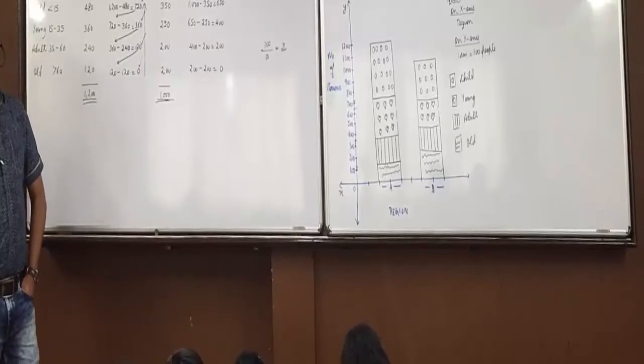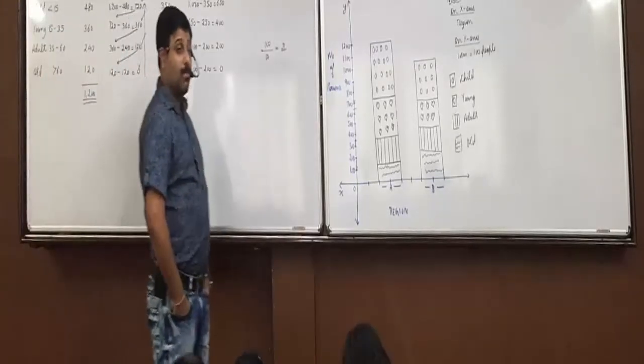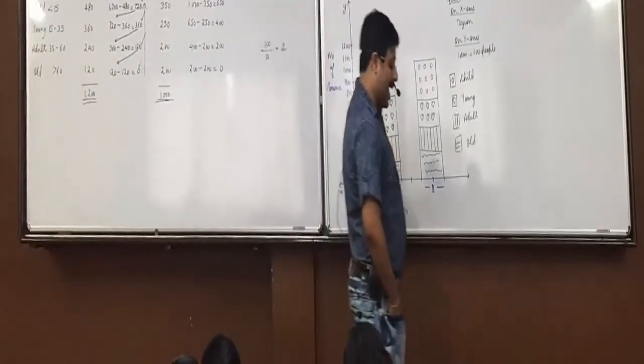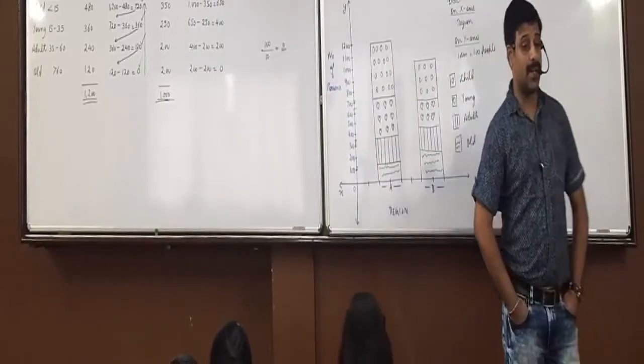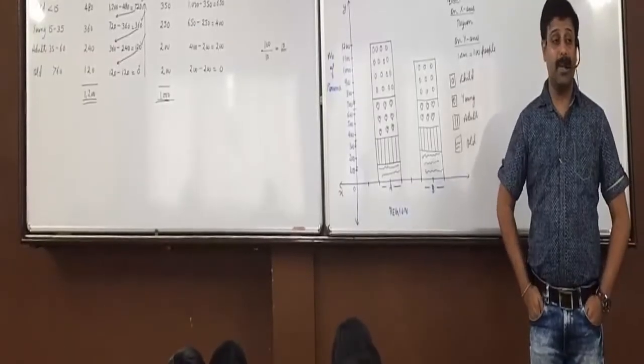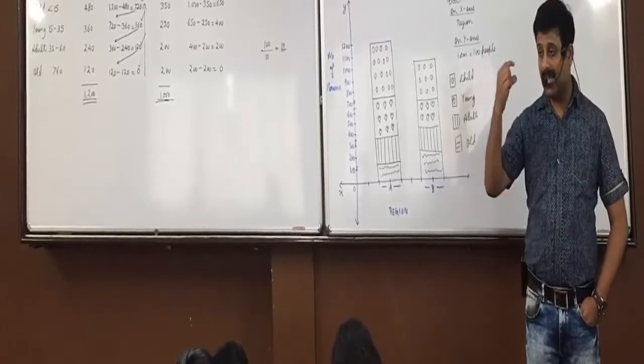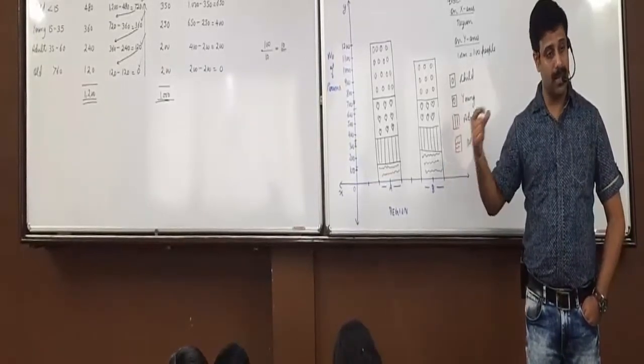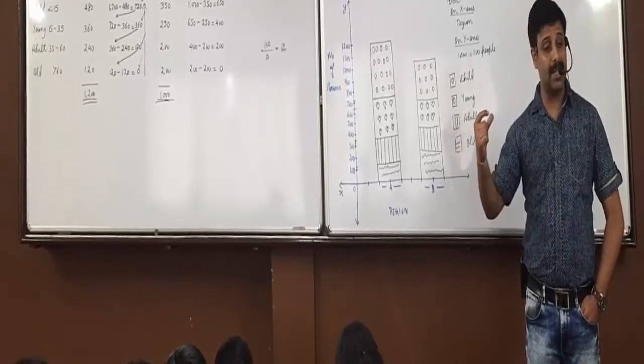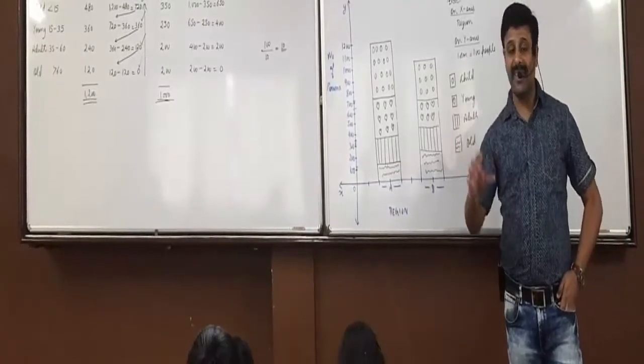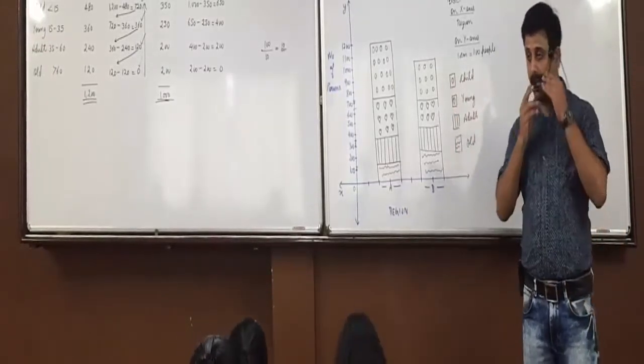So raise your hand who did not understand how to make simple divided bar diagram. More important than that, are you able to identify when to make simple divided bar diagram? And when to make multiple bar diagram? Whenever you find sub parts are given, you will make divided bar diagram. If you cannot identify the sub parts, you will make multiple bar diagram.